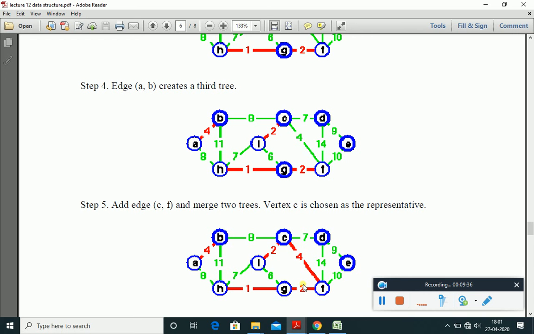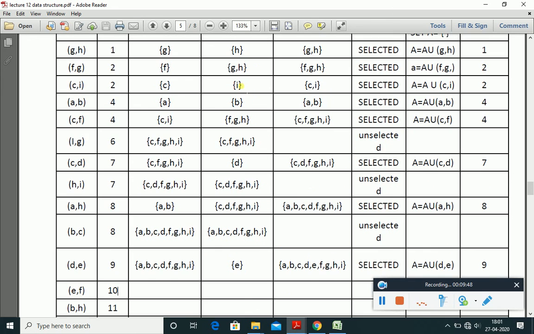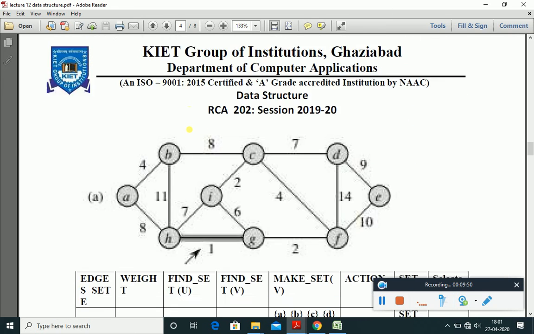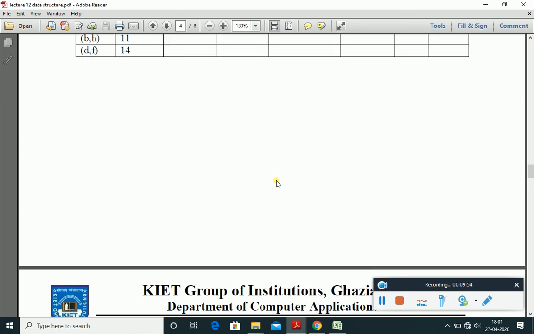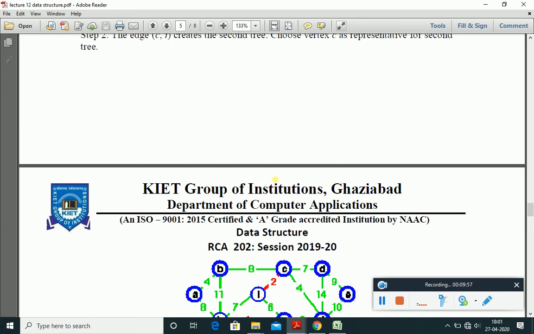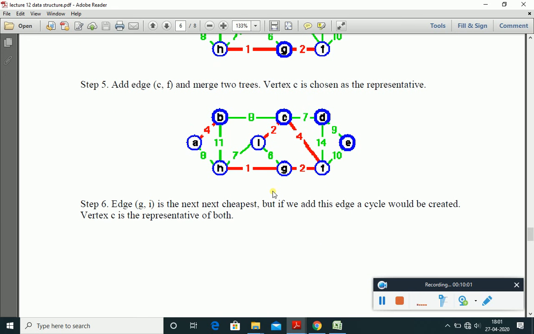By our eyes we can look at that. If we need to implement it in a programming way, then this eye method will not work, and we need to implement this algorithm properly. But in data structures there is no need to do such things. No need to be worried about that. So we are considering this example first. We will not select this IG. This edge will be ignored forever.